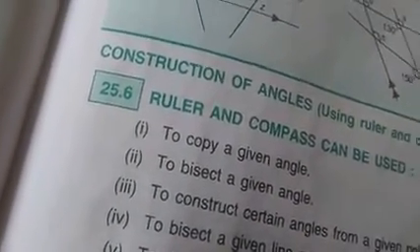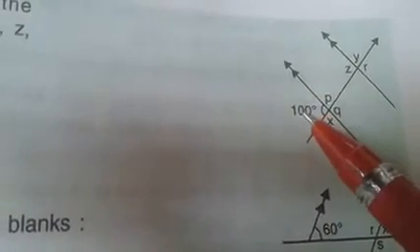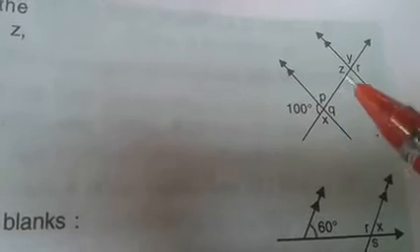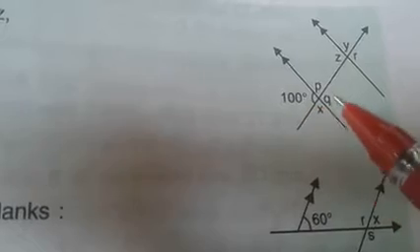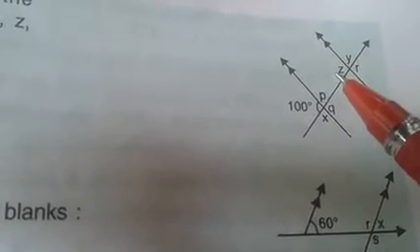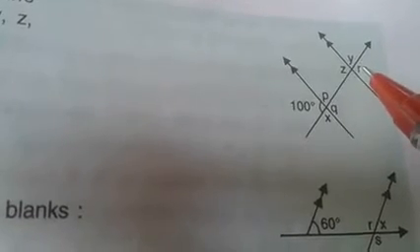Now, question number 4, I want you all to do as homework. You have one angle. See, this angle is given, the rest, P, Q, X, Z, Y, R, you have to find out. So see, this is 100, this will be 100, vertically opposite angle. This is 100, so this will be 100, interior alternate angle, right? If this is 100, so this will be 100, vertically opposite angle, correct?